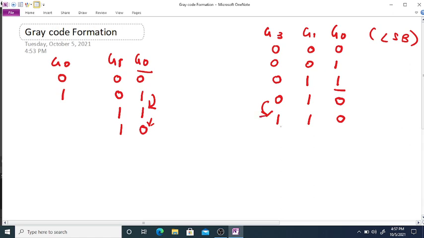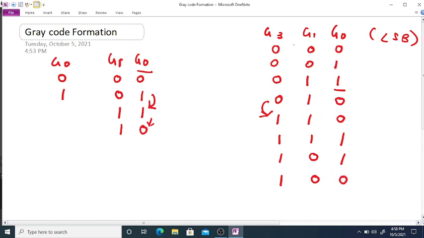Now the next, again we will change the G0 bit to 1, this will be our LSB bit. Then we will change the next bit, that is the G1 bit, to 0 and keep the G0 bit as it is. Then lastly we will take the LSB bit as 0 again.